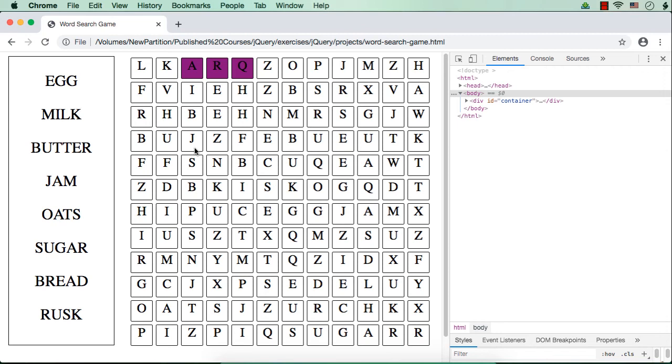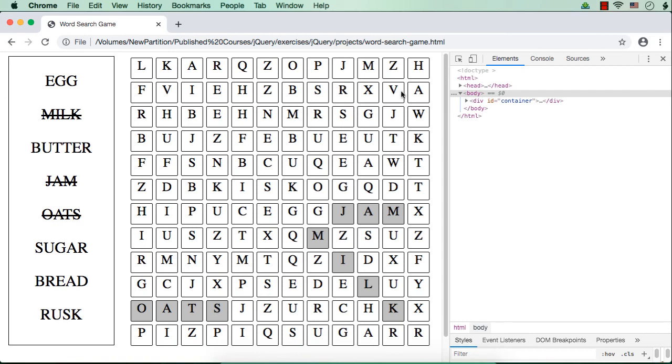It is not correct. Then let me find out the words. Okay, JAM. See, it is displayed in some other color. Now suppose I select a wrong word, BPS, nothing happens. Now let me try to find out the word correctly. See, OATS. See, it is correct. Here also it is crossed out. Then let me wrongly select a word, nothing happens. Then some other word, see, MILK, release. See, it got crossed out, and also here it is displayed in a different color.